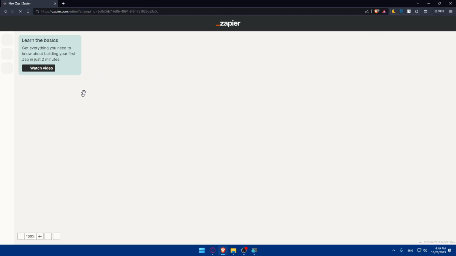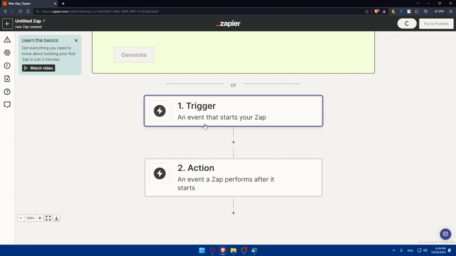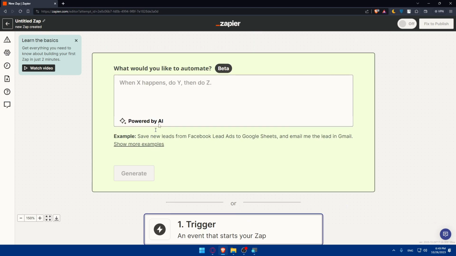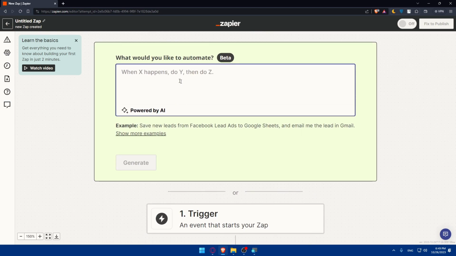Then let's just go down here, and you'll have to choose the trigger and the action. We'll get through that in a moment. If you don't want to do it manually, you can simply go here to this AI tool and simply type here how to connect